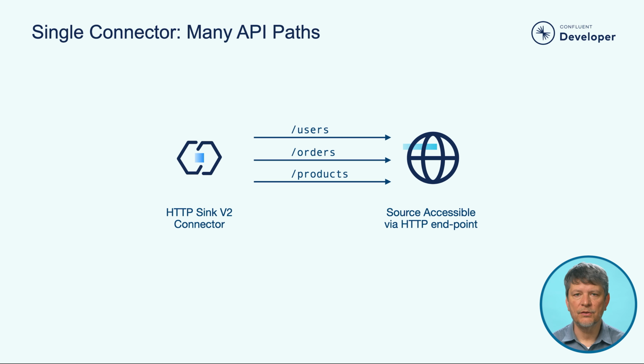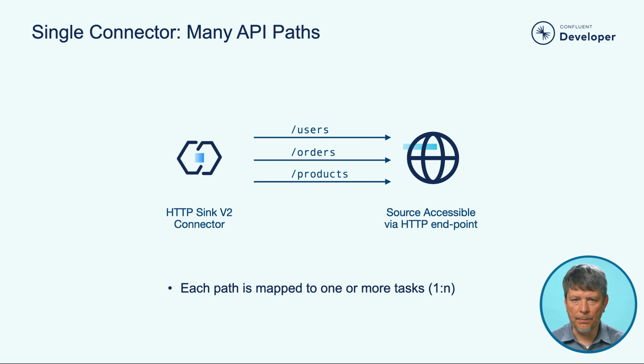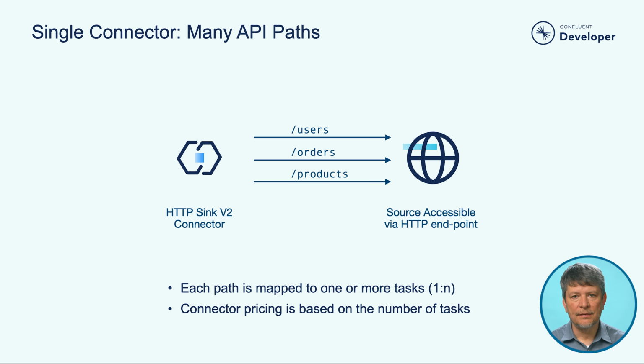Kafka Connect operates using tasks, which are independent workers that process data in parallel. Each task is responsible for retrieving records from Kafka, applying any necessary transformations, and sending them to the correct API path. This enables the connector to scale efficiently, handling large volumes of data across multiple destinations. By default, each path has a dedicated task, but you can increase the number of tasks to meet your scaling